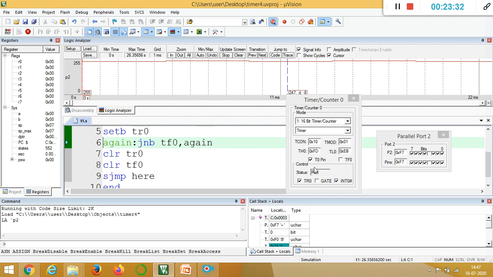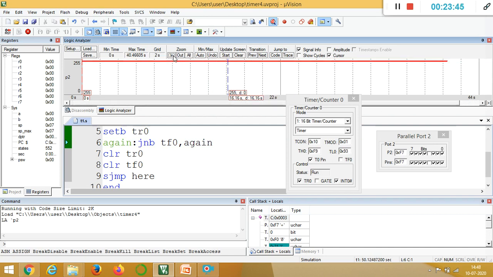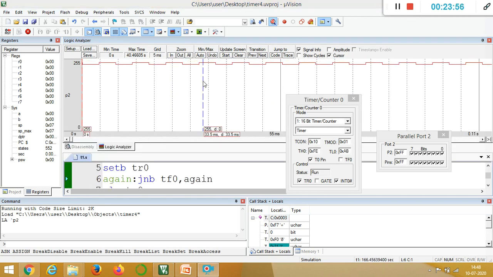Simultaneously you can see the toggling happening in the ports, and you can see the waveform in the waveform window. So now I will show the waveform. So this is the waveform you are going to see.